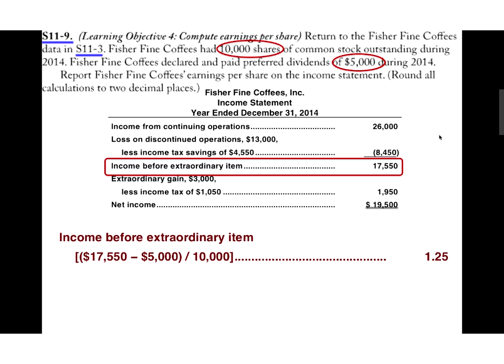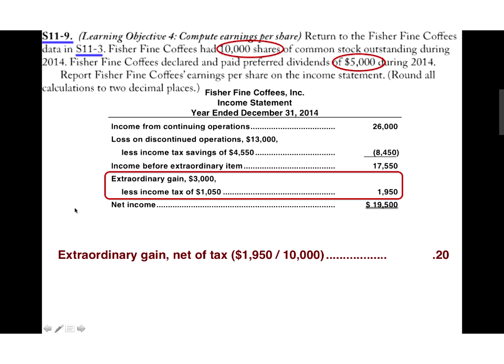Okay, next up, the income before extraordinary item. Again, any line that has the word income in it, we have to subtract the preferred amount. So this line, the first line, and the net income line, you have to subtract that. You don't have to subtract the preferred dividend on the individual items, but just on the income line. So we're going to have the income before extraordinary item, and then I'm just going to put all of this